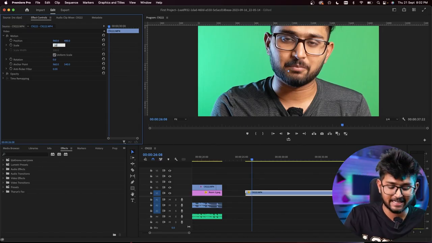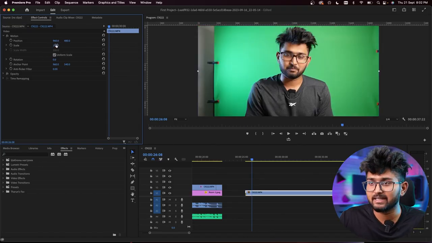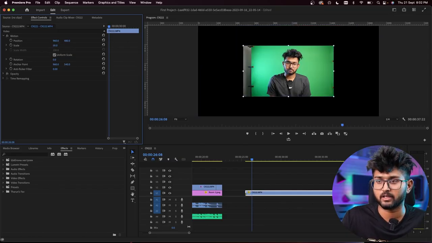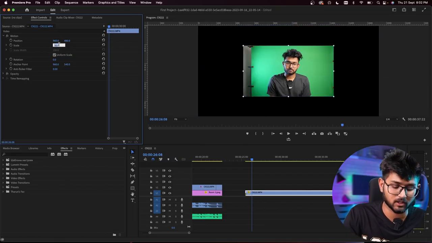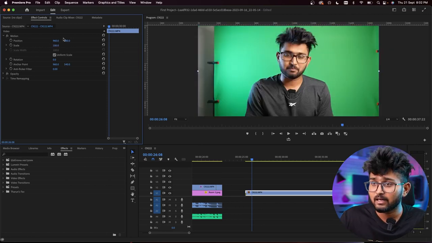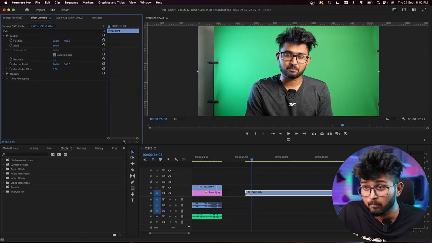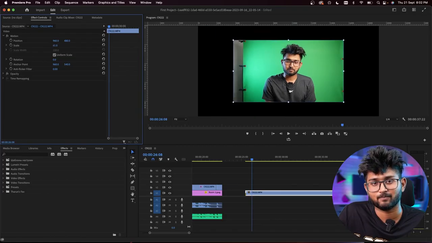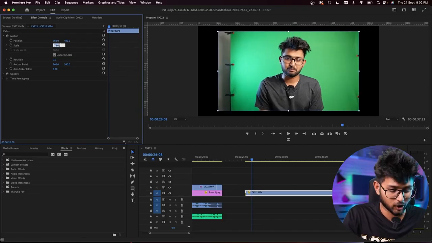Let me get it back to normal, 100. You can either click on this and change the size to 50%, 200%, 300%, whatever you want. In a similar way, you can click on this, hold it and move it right to increase the size. You can move it left to decrease the size. So that's one good thing about this.